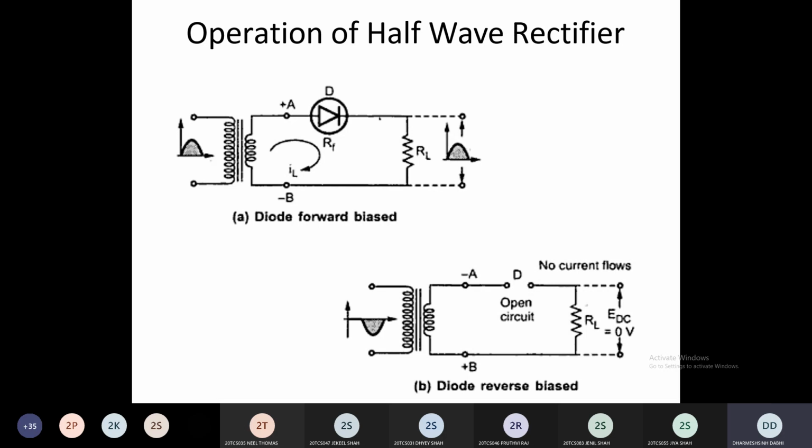It is not conducting, it means what? Current cannot flow. Current cannot flow, it means your circuit is open. It acts as an open circuit. So now what is the output voltage in this case? Zero voltage, because there is no transfer of the voltage across the load side, or there is no current flowing into the load side. So there is zero voltage drop across this load resistance. So during the negative half cycle of the supply, when your diode is in reverse bias mode, you get zero voltage. All of you understand this concept?